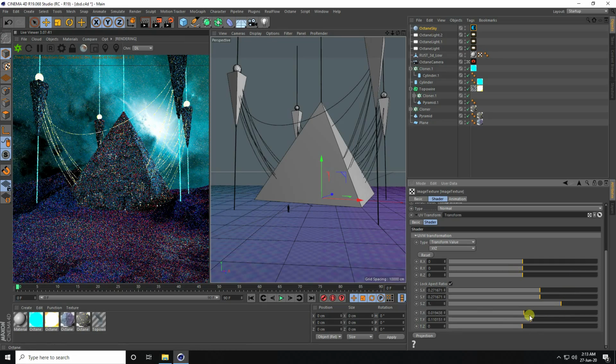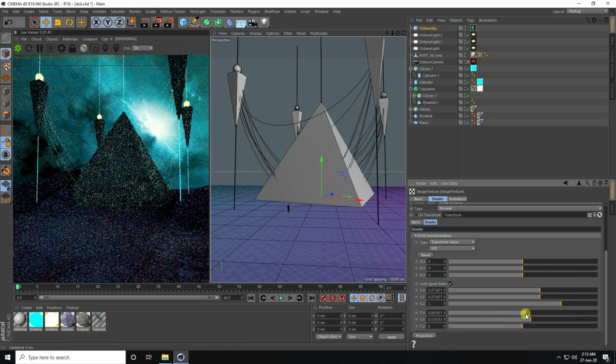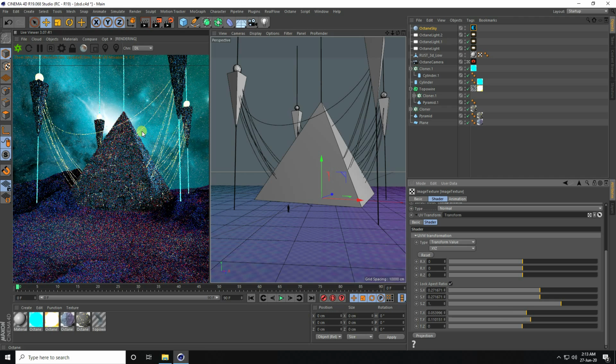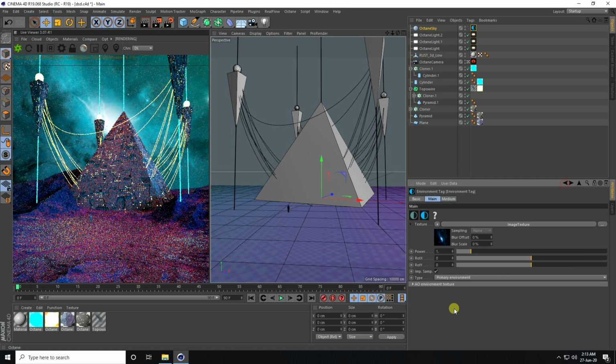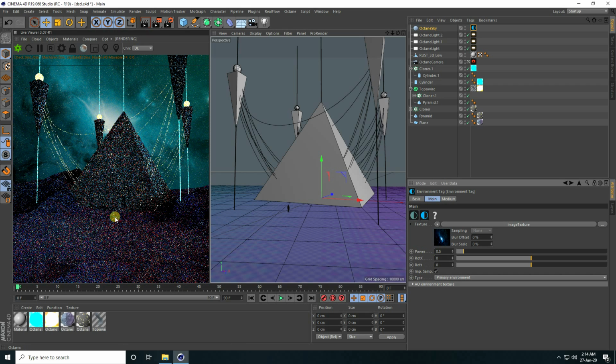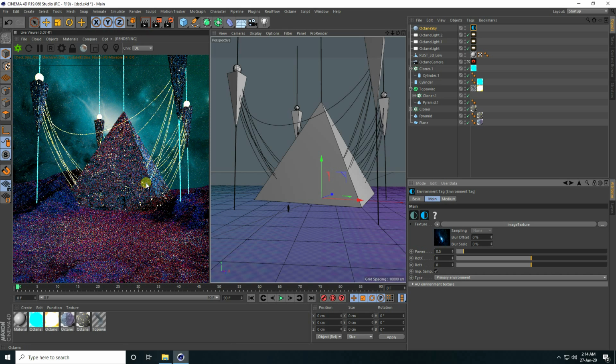And little bit rotate. Simple. This is much better. Okay, so go to back, and guys, I also change this light power, take half, 0.5. Yes, better, right? Okay, so guys, my composition is finished.